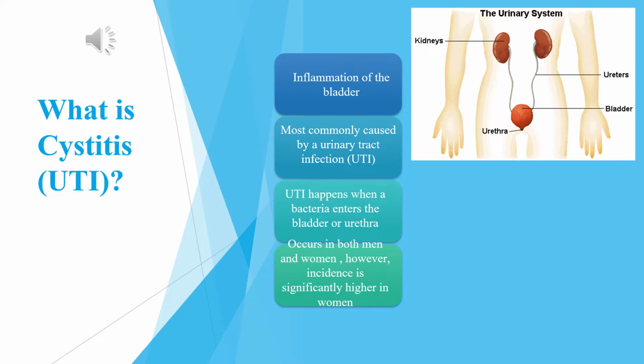If the bacteria causes an infection in your urethra or bladder, it is referred to as a lower UTI. Now, cystitis is the medical term used to specifically refer to an infection in the bladder. Lower UTIs are very common and easily treatable, however, they can become serious if ignored. If the infection is left untreated, it can become an upper urinary tract infection, which means the infection traveled to your kidneys. This is more serious because it can cause acute renal failure. Both men and women can get UTIs, but again, due to having a shorter urethra, women are more prone to getting one. In fact, approximately 20 to 25% of women have a UTI sometime during their lifetime.